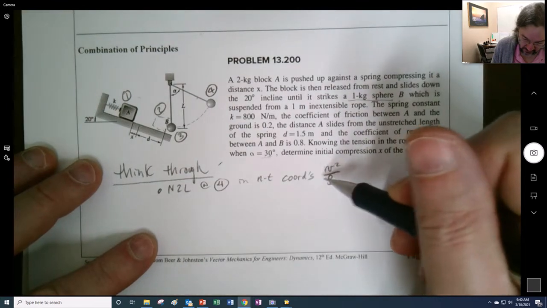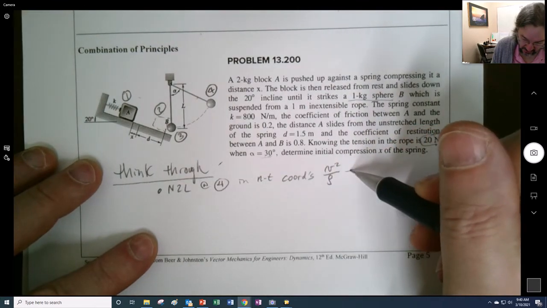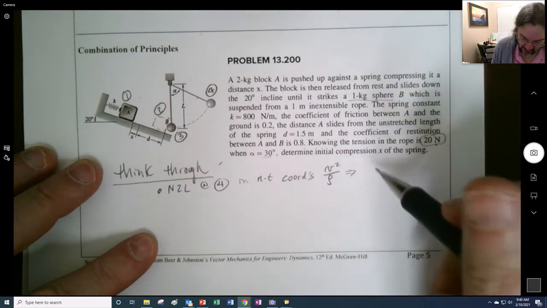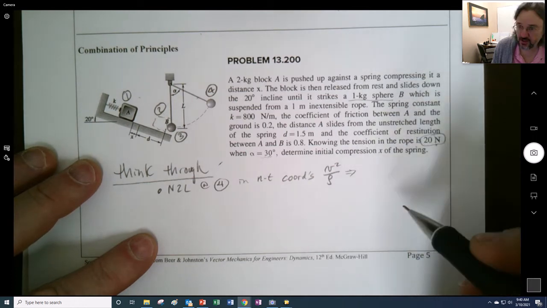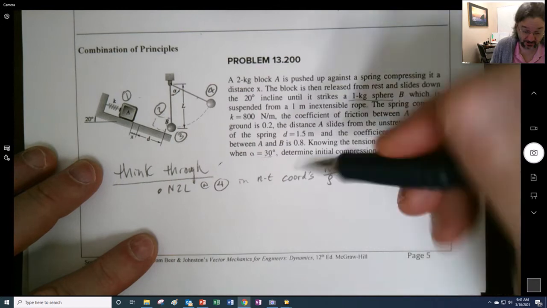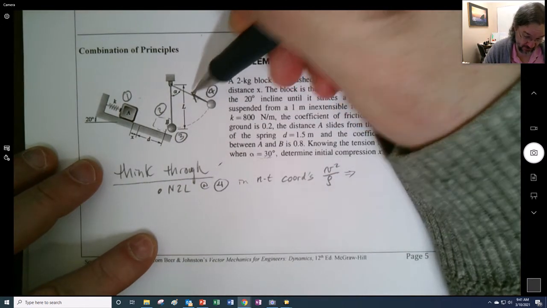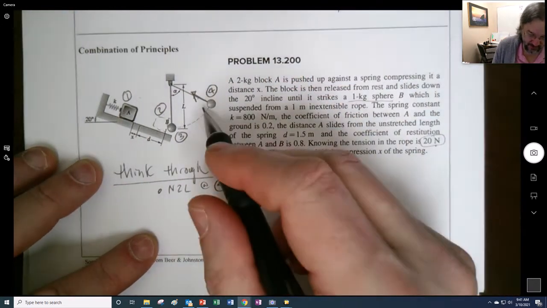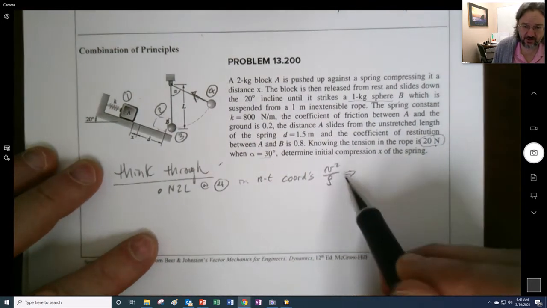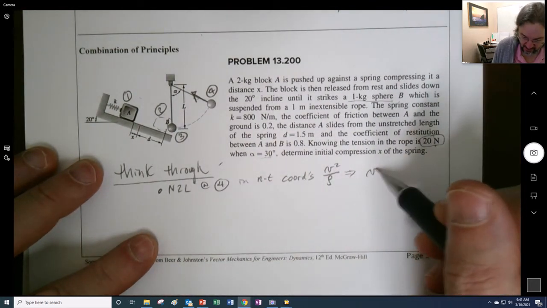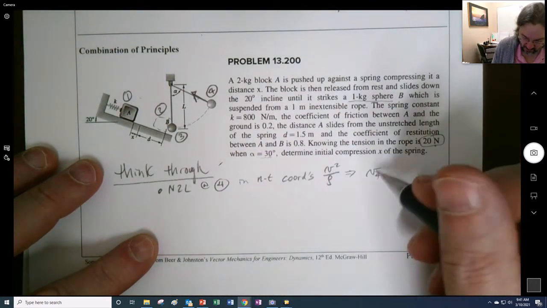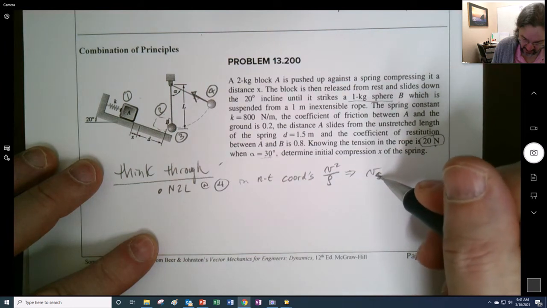We would get the acceleration from the tension in the normal direction right here, and we want to do FBD and IBD to do that, but then we could find the velocity of the sphere, and I'll call it S,